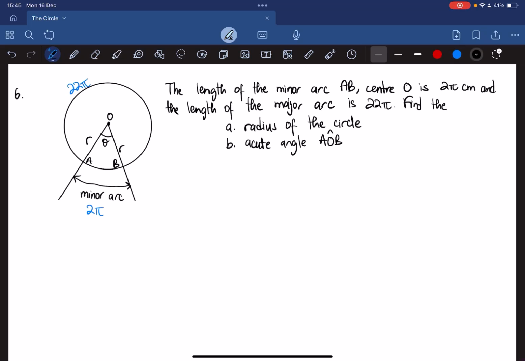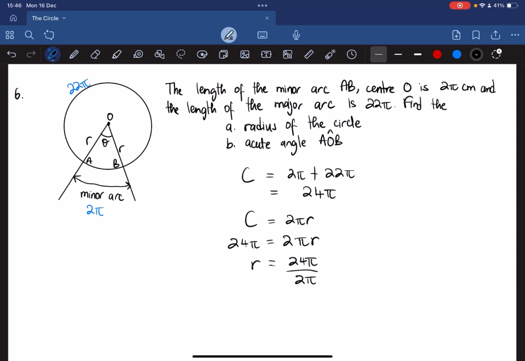The circumference of the circle is 2 pi plus 22 pi, and we get 24 pi. That is the circumference of the circle. To find the circumference, we use the formula 2 pi r. And our C is given as 24 pi, which is equal to 2 pi r, and we want to find r. So to find r, we then say 24 pi divided by 2 pi, and we get 12 centimeters as our